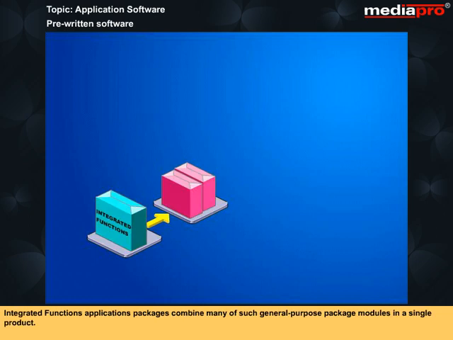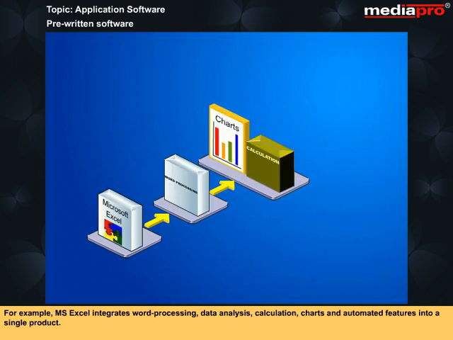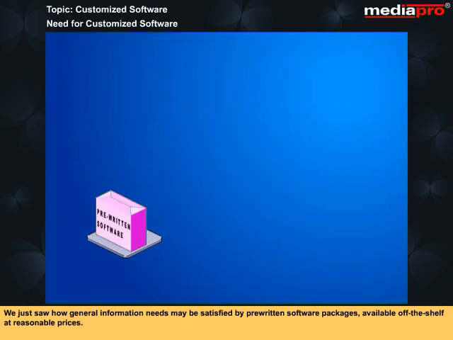Integrated functions applications packages combine many of such general purpose package modules in a single product. With an integrated function package, it is possible to use a common set of instructions to share data and move material amongst several applications. For example, MS Excel integrates word processing, data analysis, calculation, charts, and automated features into a single product. We just saw how general information needs may be satisfied by pre-written software packages available off the shelf